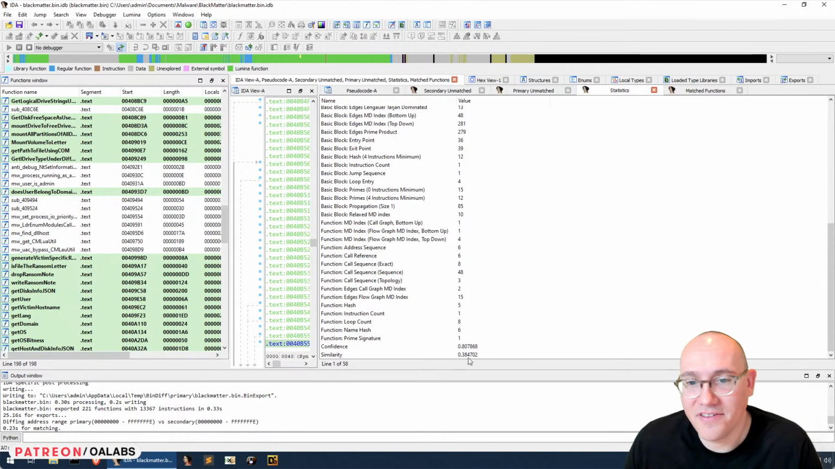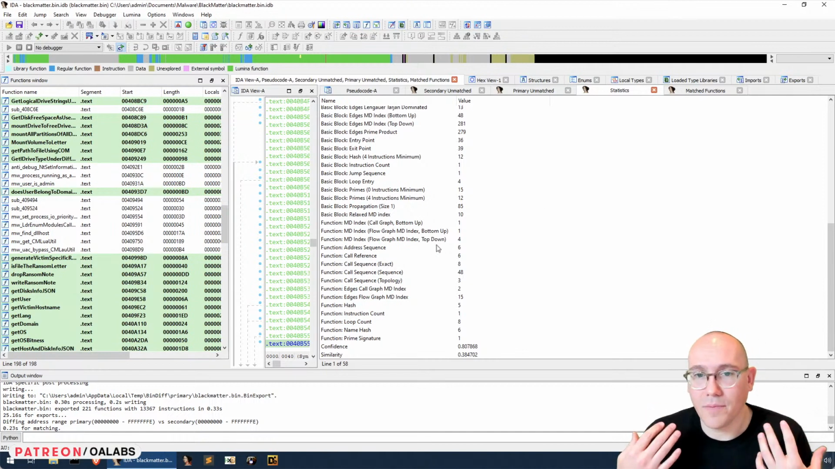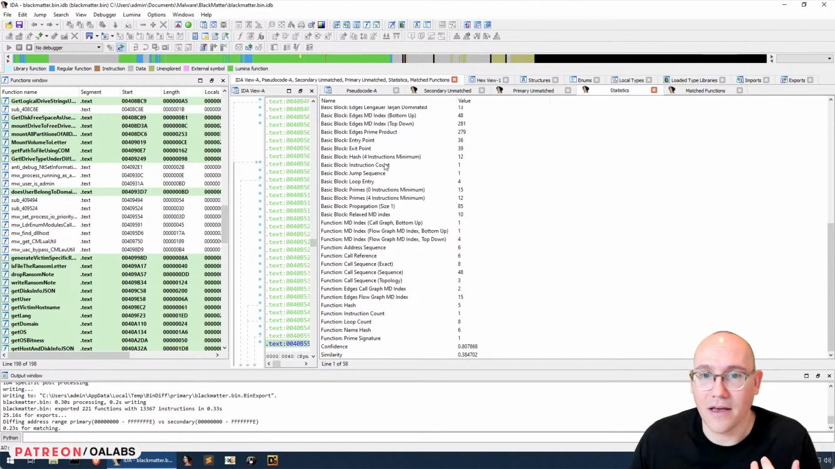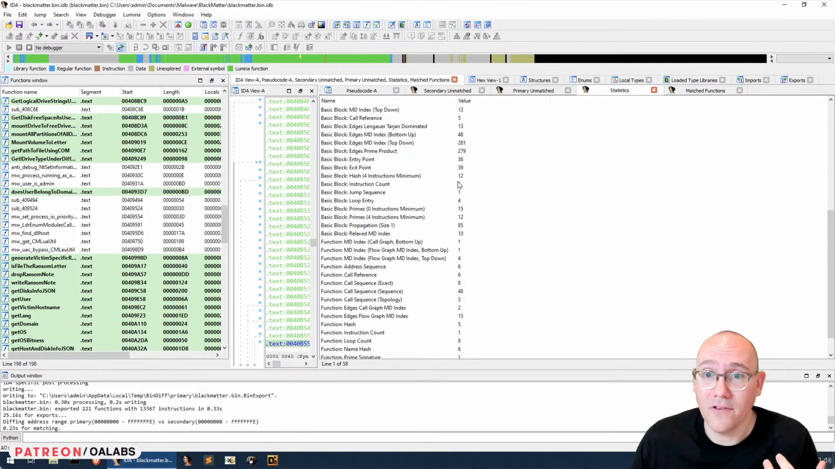Anyway, so the similarity is like 38% based on what BinDiff does. BinDiff uses a bunch of different, well, actually you can see them all here. It uses a bunch of different comparison algorithms. So they use like basic block hashing, but they also use more loose comparisons where,